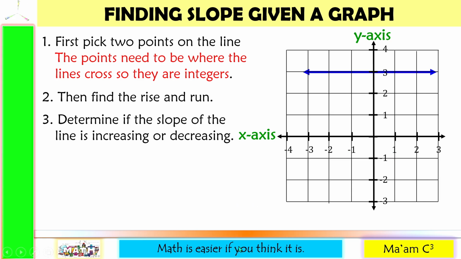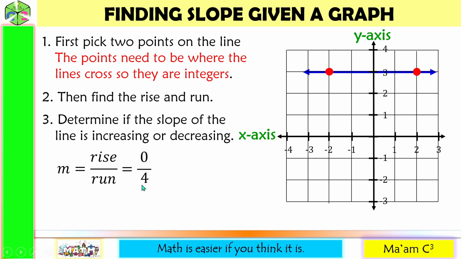Let's have another one. I'll choose 2 points again. Let me choose this one and this one here. Let's recall our formula, rise over run. But notice that there is no rise. So it means we have 0 for rise. Now, how about for run? If you start from this point, that would be 1, 2, 3, 4, so 4 units. If you start from this point, that would be 1, 2, 3, 4, but going to the left, so negative 4 units.